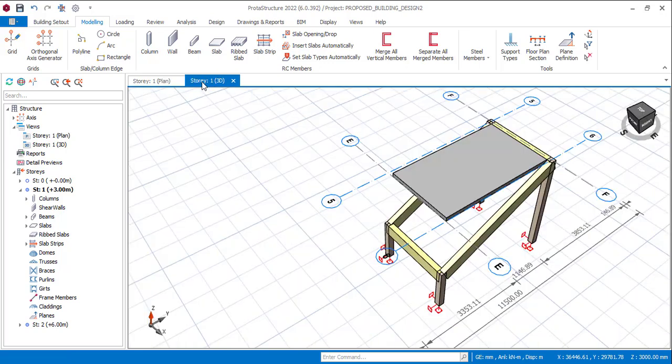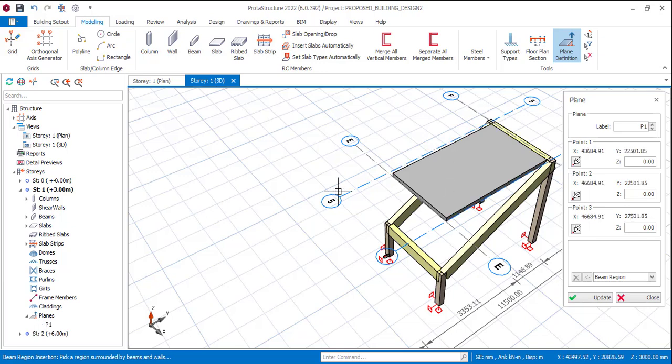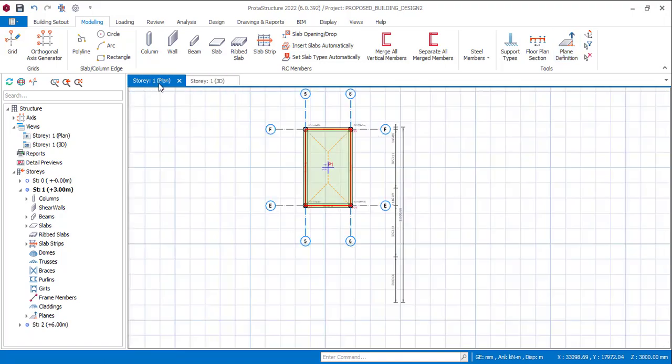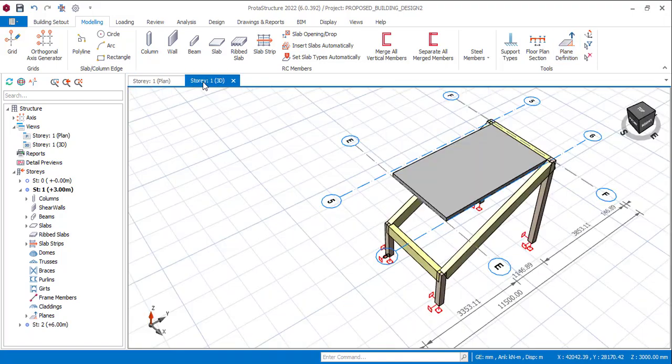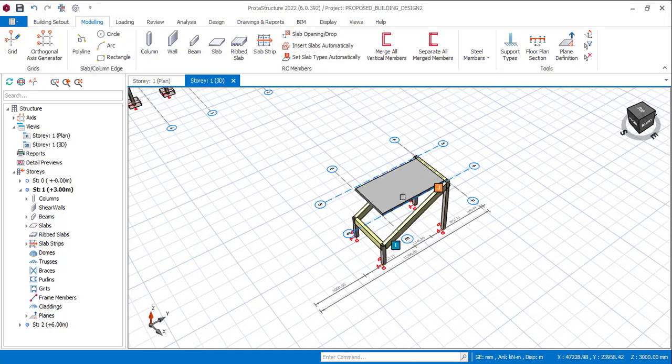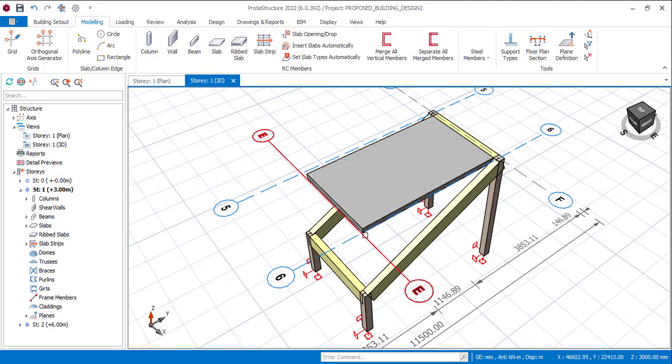So I can repeat the process over again. All I need to do is click on my plane and click on the panel which I want to insert that plane on. If I come to my plan view, you can see that P1 has been inserted. So let's view it from the 3D. From this 3D point, you can see